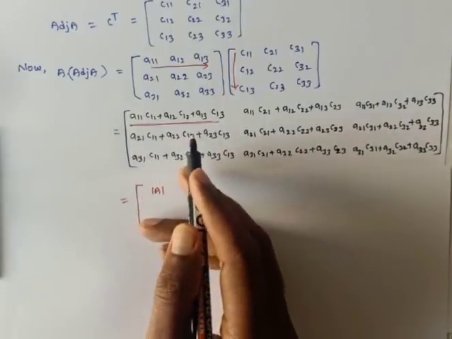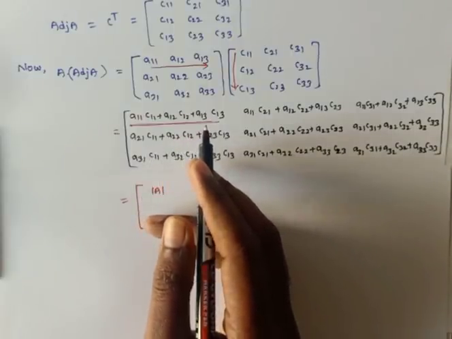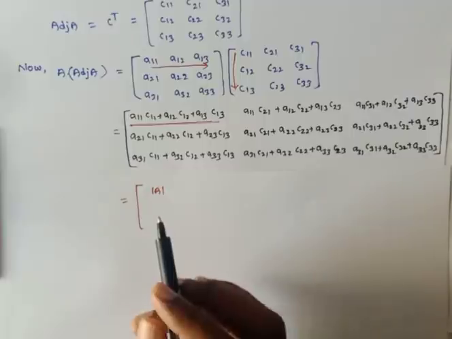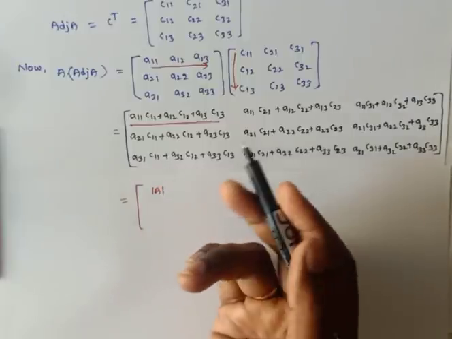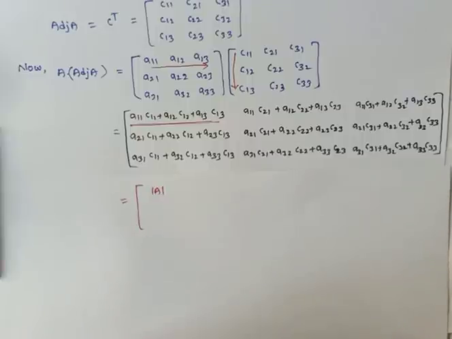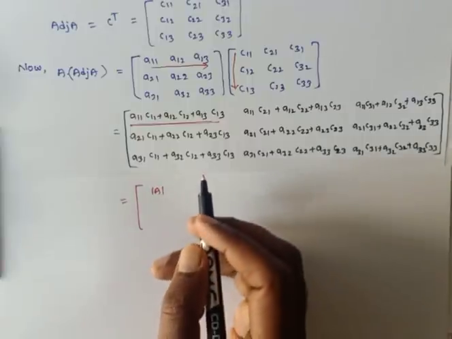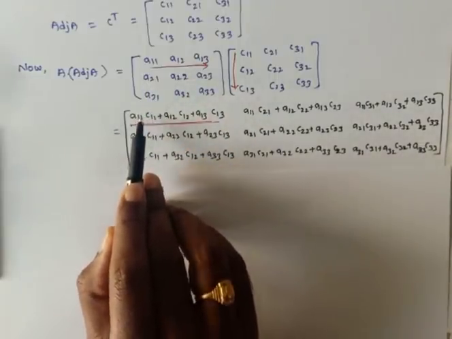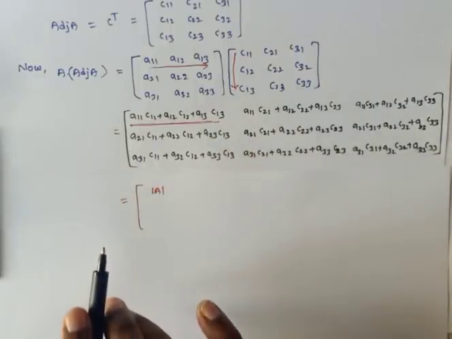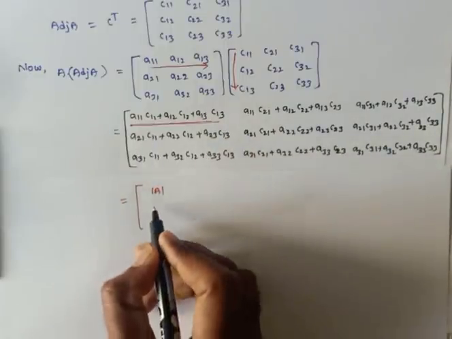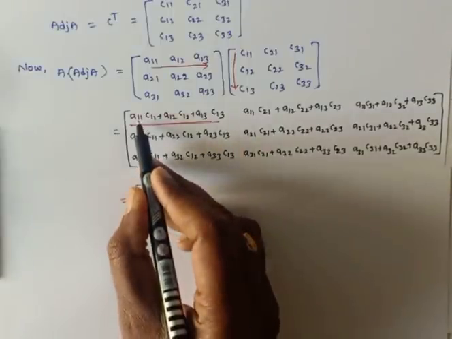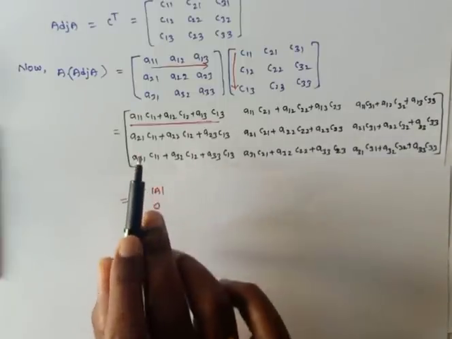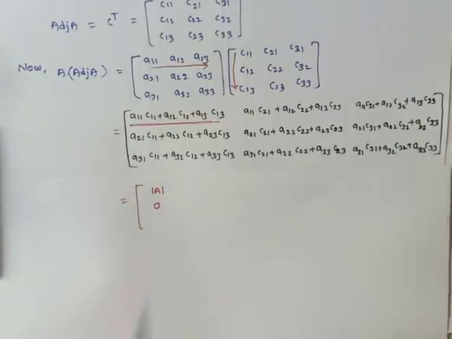Now, one more property, I think it is the 9th or 10th: the sum of the products of the elements of a row with the cofactors of the corresponding elements of another row for a square matrix is 0, right? The elements with their corresponding cofactors define the determinant. The elements with another row's corresponding cofactors give 0.